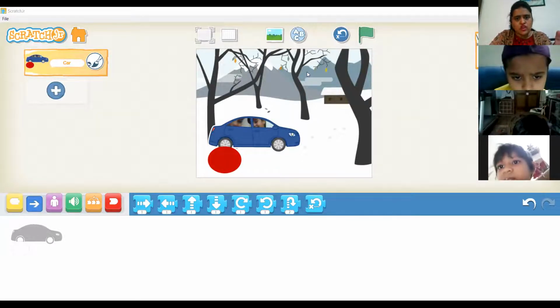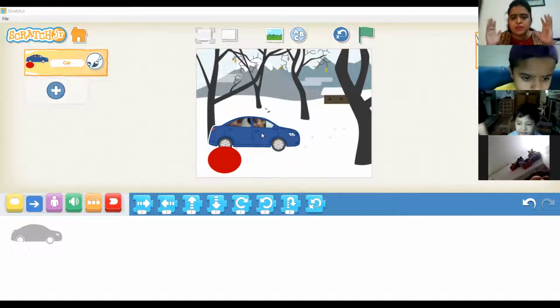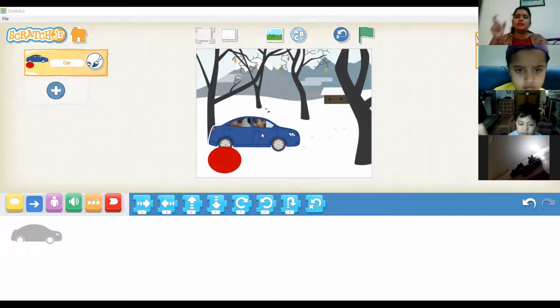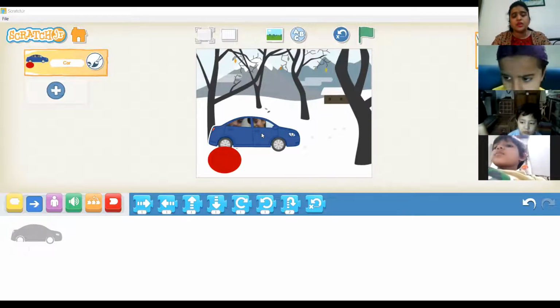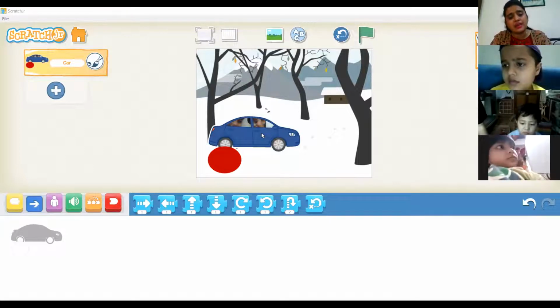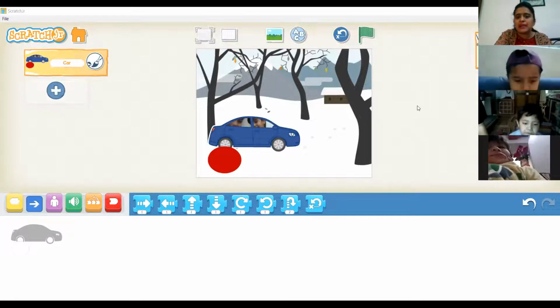You again want to see how I have chosen these actors. So two things we are doing. One is the background. We are setting up the background. And then we are taking actors over it. Actors could be anything, like you can take a ball, you can take houses, you can take animals. So when you click on this plus sign, which is on the top left corner, you will come up with many actors.